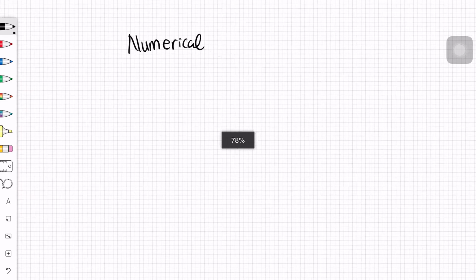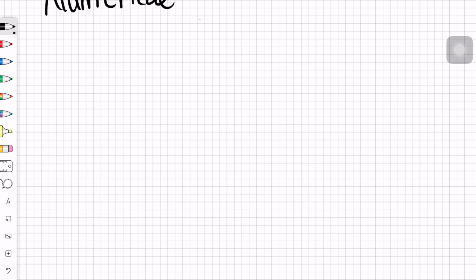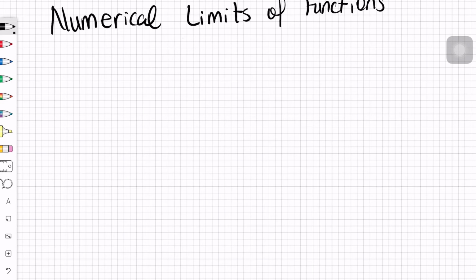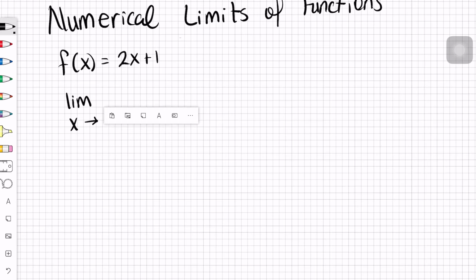In this video, we are going to discuss limits, but we're going to take it a step further, and we're going to discuss the numerical limits of functions. All right, so let's say that I were going to give you the function f of x, and I defined it as 2x plus 1. And let's assume that we want to find the limit as x approaches 1